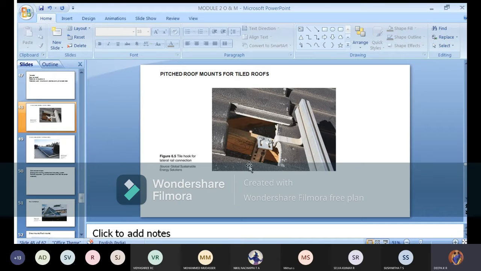Here you have to concentrate on which type of bolt and neck you want, and what the shape must be. Normally people use a hook with a goose neck design. There is a turning and twisting process with the nut and bolt, because you remove the tiles, keep them aside, connect to the rafter, and after that mount the PV panels. So you go for a gooseneck design of nut and bolt system, and of course it is based on the manufacturer. They will tell you where to place it, what the rafter size must be, and what type of tiles can be preferred. Different types of tiles and different types of hooks will be available.